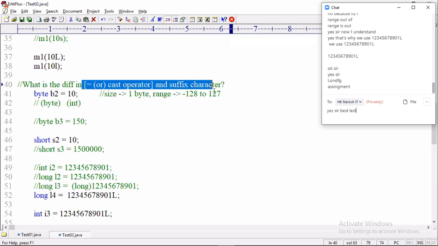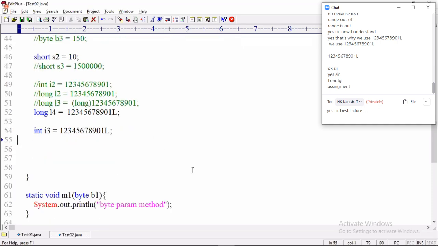Many people feel that cast operator and suffix character are both the same, or that assignment operator and suffix character are both the same. No, the suffix character tells what its type is. Assignment and cast operator are meant for converting the type of the number.